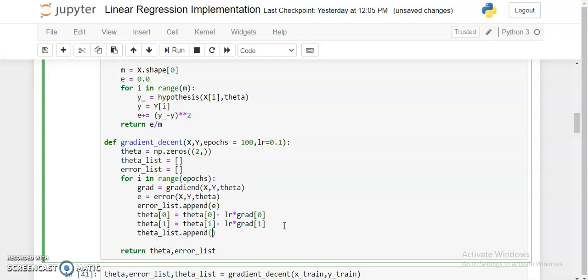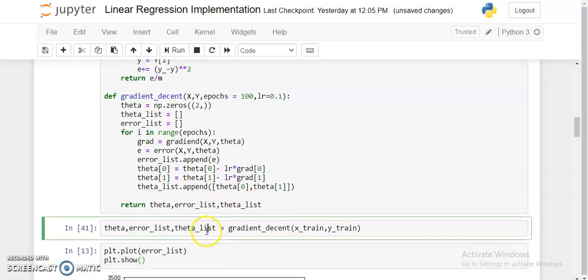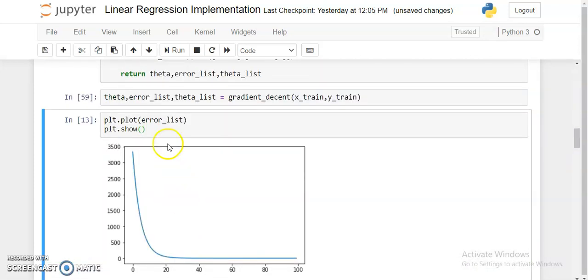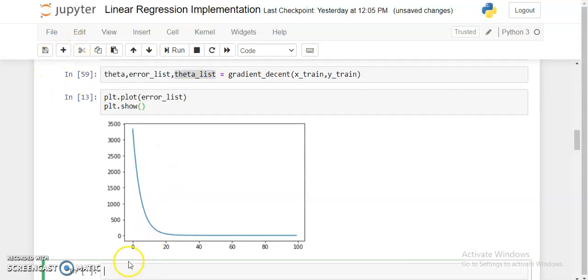So for every iteration I'm storing these theta values, and will be plotting those values on the 3D surface, and I'll be returning theta list, right? And here I'm getting the theta list, right? This theta list, let's visualize the theta list.